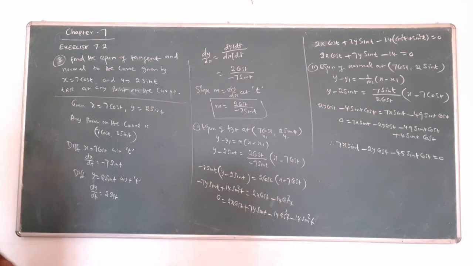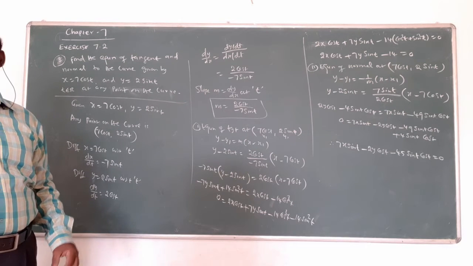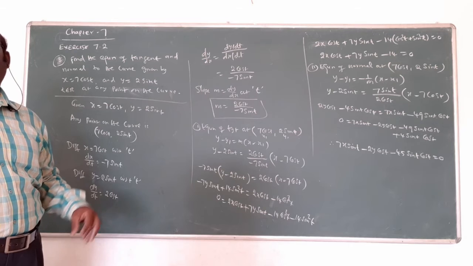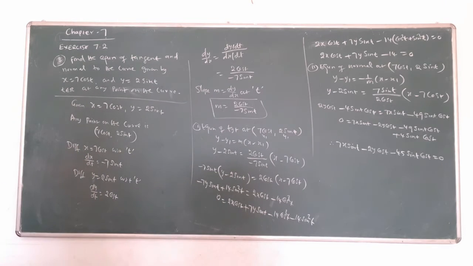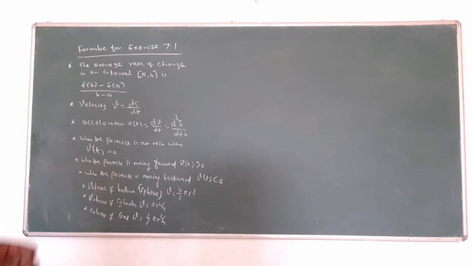The 9th and 10th are already over. This exercise is completely over. In this exercise, I did all the exercise problems and some of the example problems also, because this exercise is very important for 5 by cosine. This exercise is over, the second exercise is completely over. Now let us start with the first exercise.